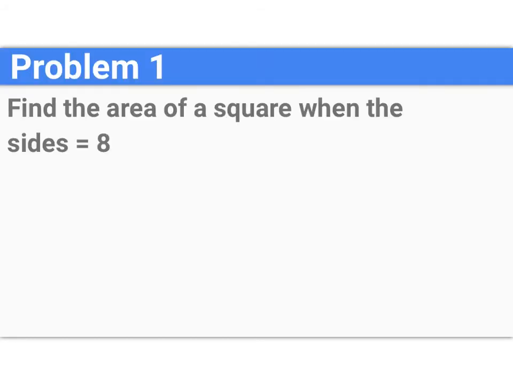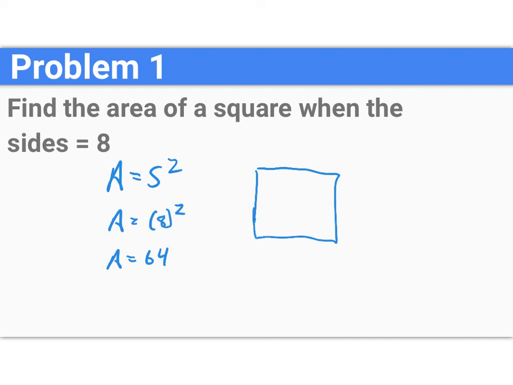Okay, so now let's use area. Area of a square equals side squared. So again, we're going to substitute using parentheses, and then the area of a square with a side of 8 equals 64. Now remember, the area, if this is a square, is all the material inside. And why is that important? I don't know. You might be painting a wall or laying tile on the floor or something, and you want to know all of the space inside of an object. And if this length is 8, you just take and multiply it by 8